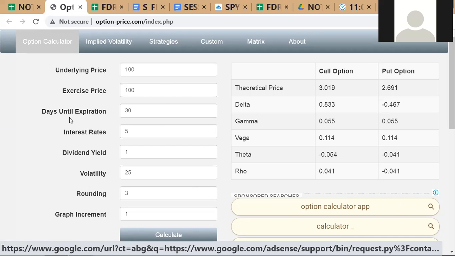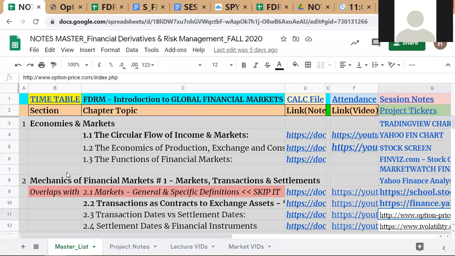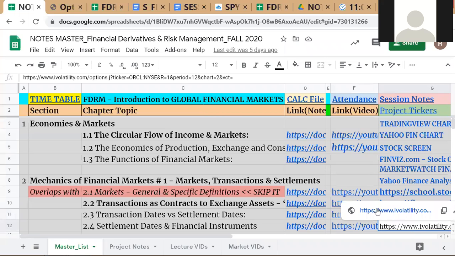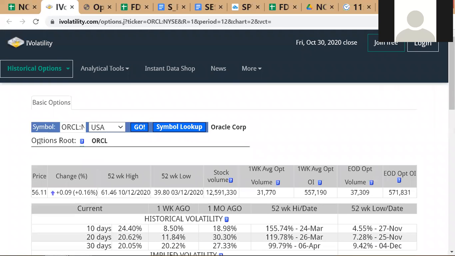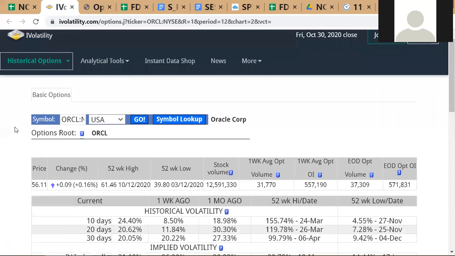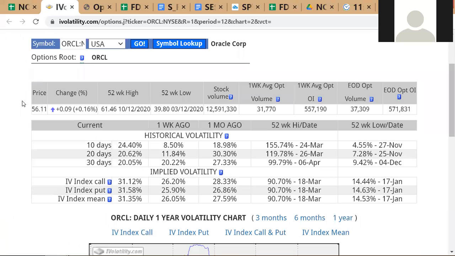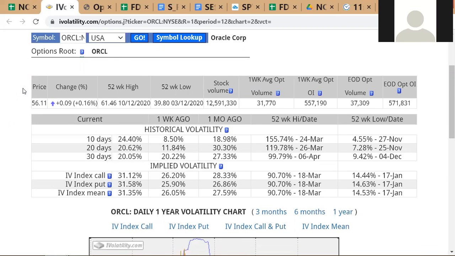Not the pricing model, because for pricing, you don't need a pricing model for this, because the prices of options are what is happening here. Let's open this one, maybe there are fewer ads on this website than Yahoo Finance. Now look at this. This is actually Oracle. It doesn't matter, for this discussion we can just keep it as Oracle. So these are Oracle options on Oracle common stock.